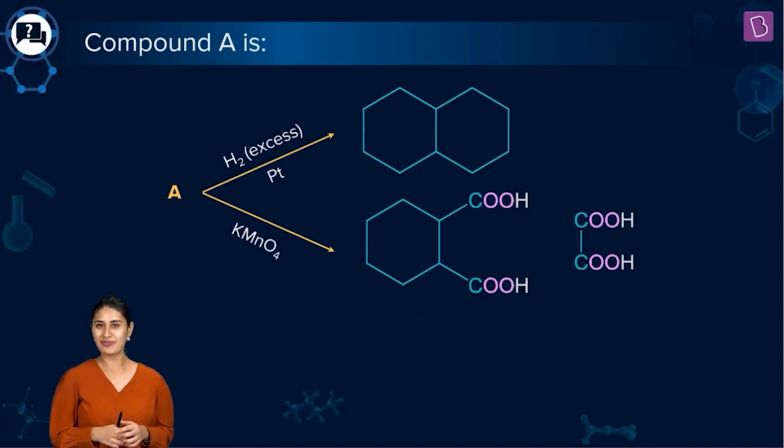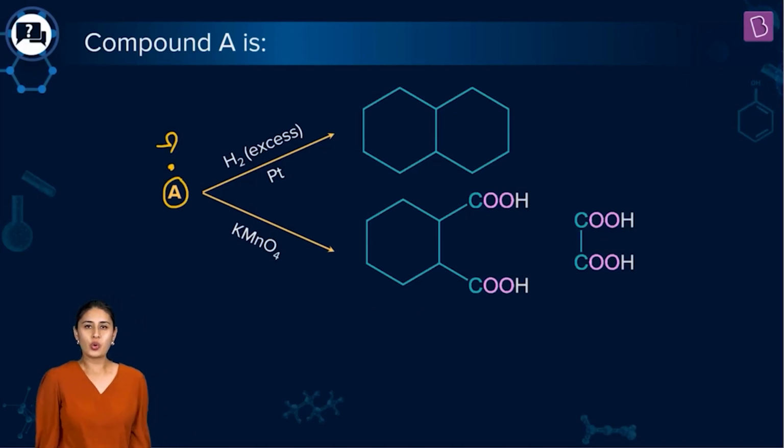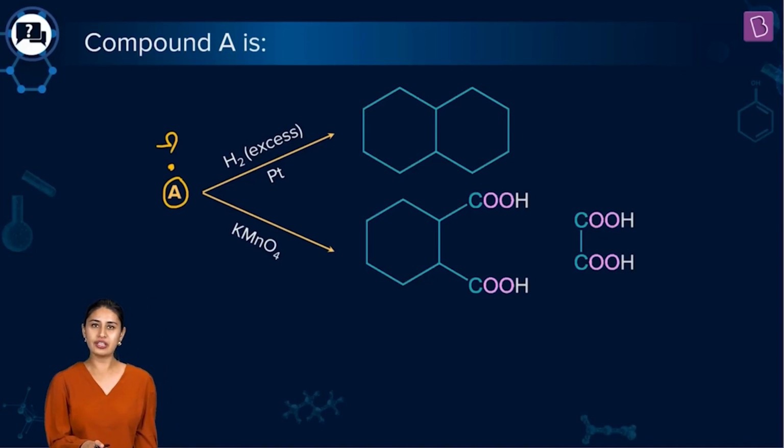Compound A is, this is what you have to find out, what is A, right? Who am I? The options are given here, but you have to go retro, right? Let me not show you the options straight away. Let's try to do it by ourselves and then match. That will be a better approach. And let's do it together.